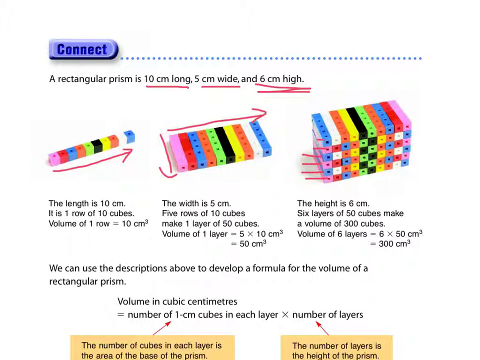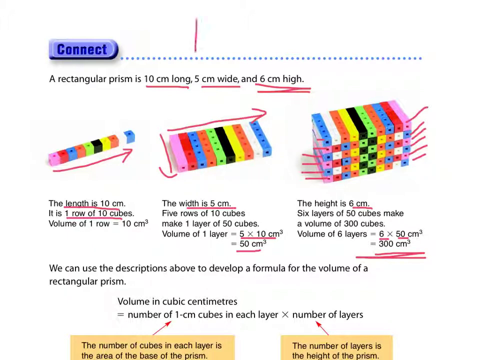Okay, so the length is 10 centimeters. That's one row of 10 centimeter cubes. The width is 5 centimeters, so that's 5 rows of 10, which is 50 centimeter cubes. The height is 6 centimeters, so that means you now have 6 layers of 50. 50, 100, 150, 200, 250, 300. 300 centimeters cubed,